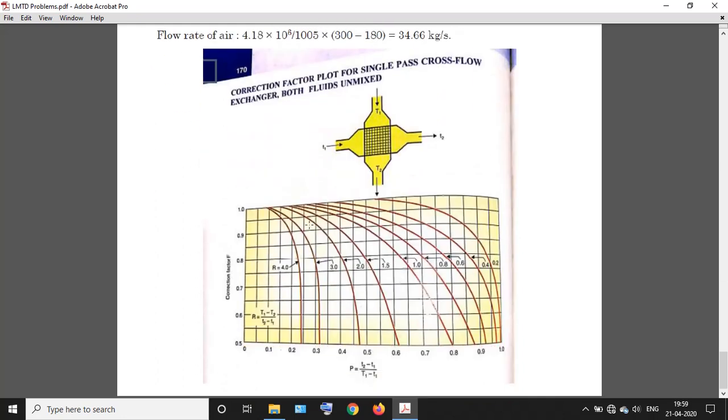So if we check here, P 0.18 will be here. R is equal to 2.4. We do not have a line for 2.4, but we have a line for 2 and a line for 3. So somewhere around here you will have another line for R equal to 2.4 if you imagine. So 0.18 will go here and meet somewhere around here. So this will be your correction factor value F, which is almost close to 1. So I suggest it will be 0.97 or 0.98.